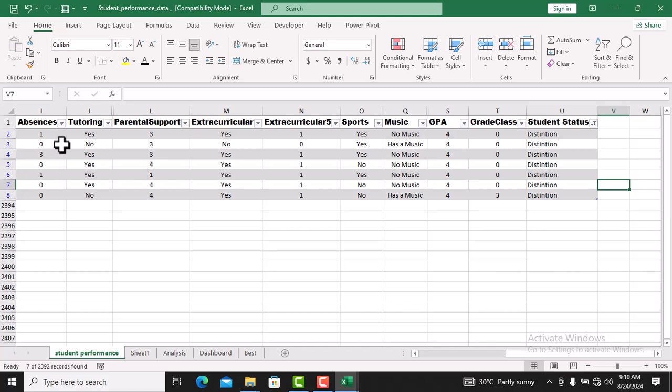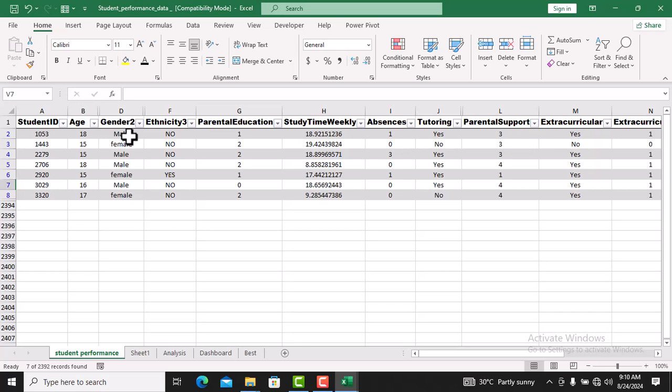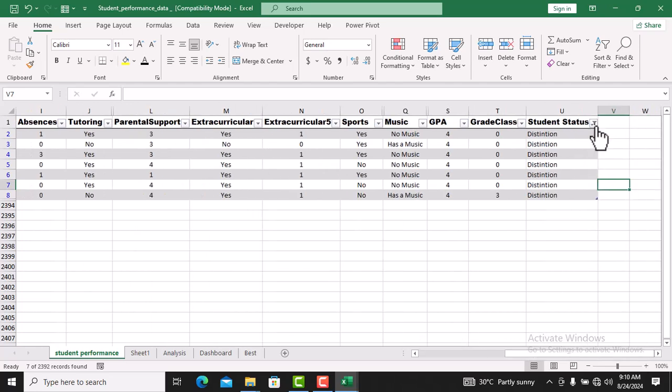Here we have, let me check my male column. We have male, female, male, male, female, male. That is how the table works. If I want to get by